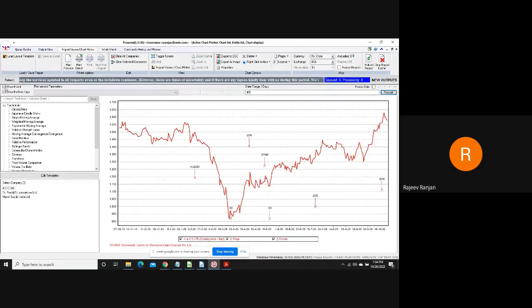So you can see from here whether the events are impacting the performance of these companies on the stock market. You have all those technical charts available here.